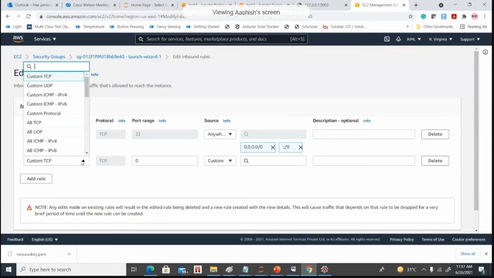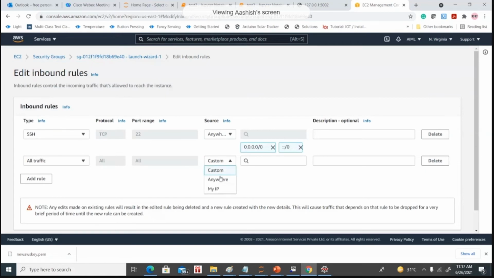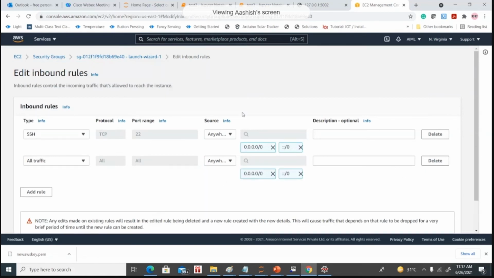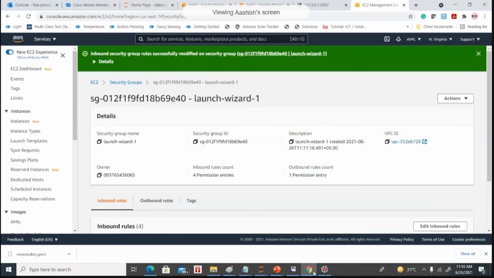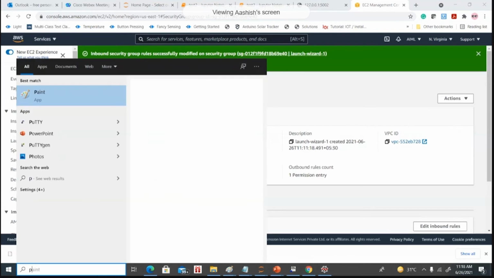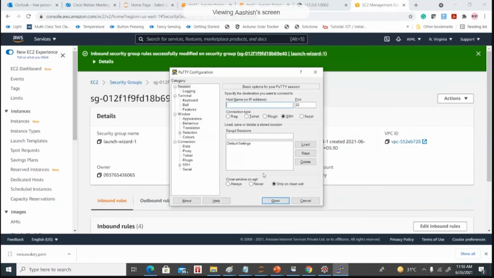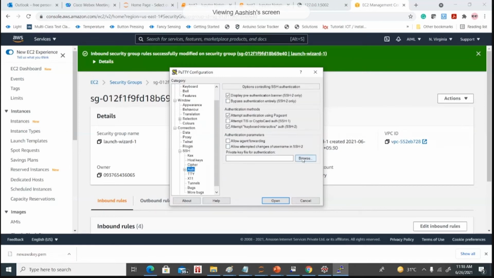You can also add one more rule here, so we can connect to this VM from anywhere. Or you can specify all traffic or anywhere, or even specify your IP address. Save changes. Now if you go to PuTTY again,